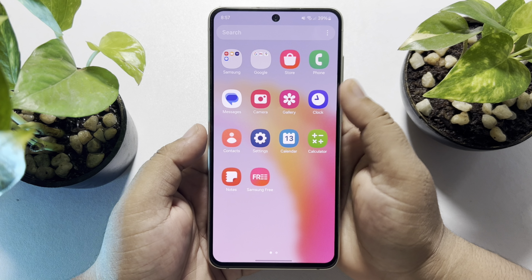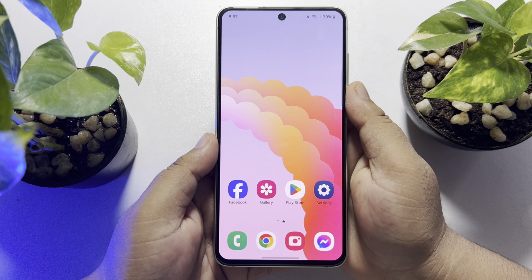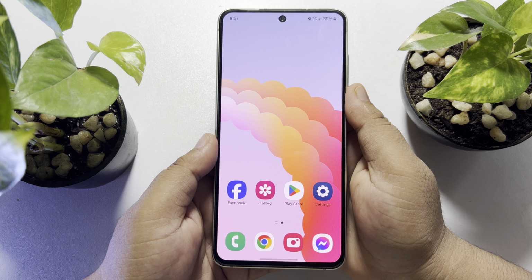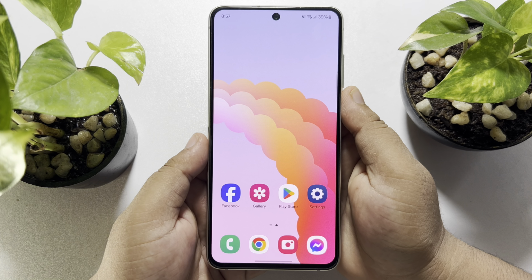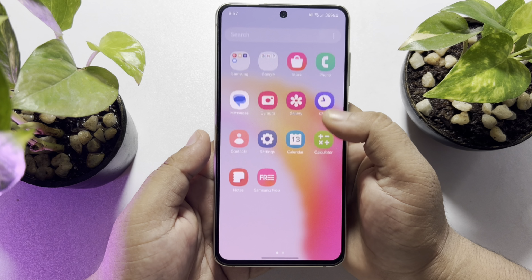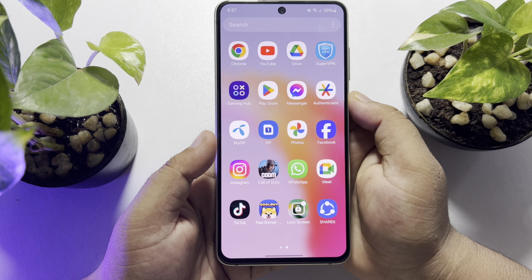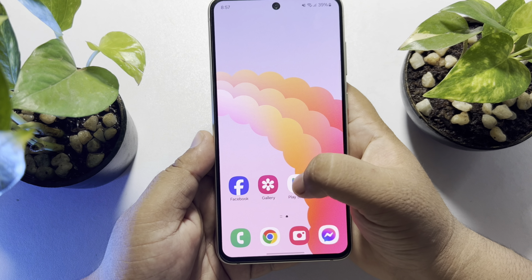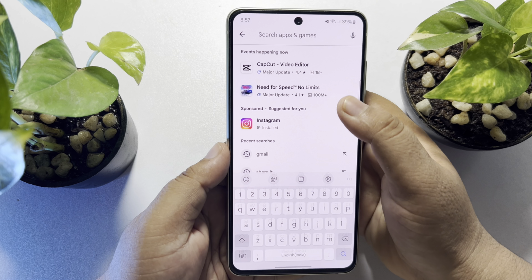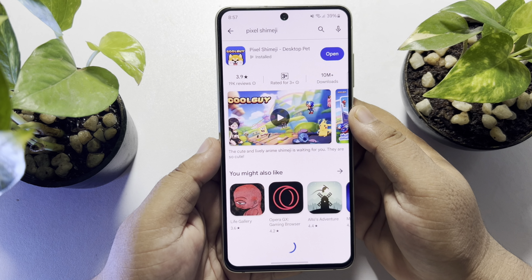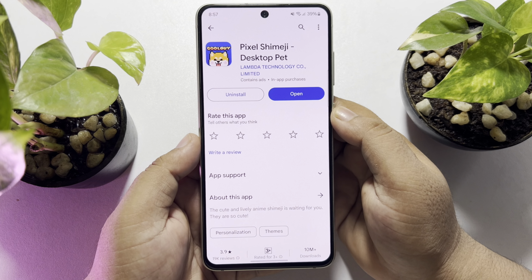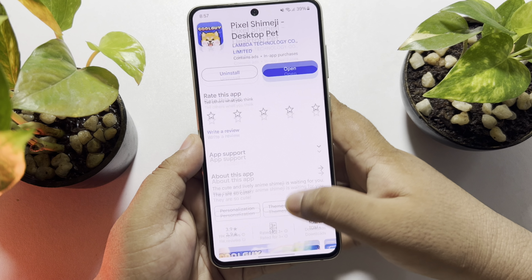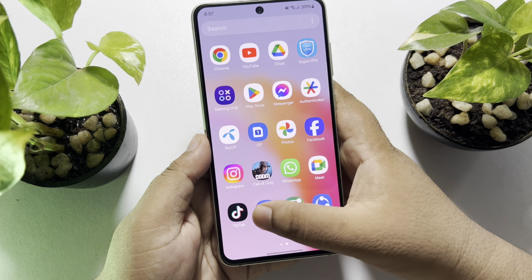In this video, I'm going to be walking through how to get Enemy Pet on your Android phone. First of all, we have to install this Pixel Shimeji app. So go to your Play Store and search for Pixel Shimeji and install this app on your phone. Once the app is installed, just open the app, and